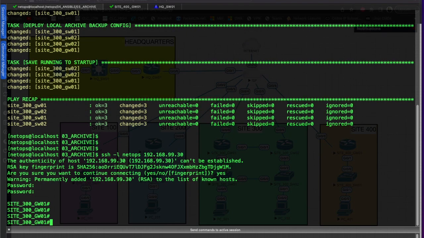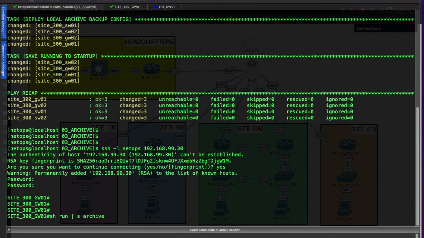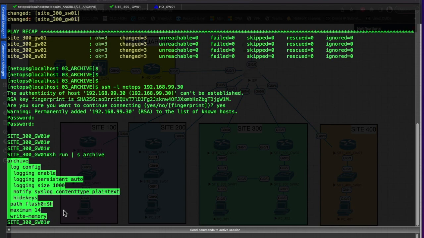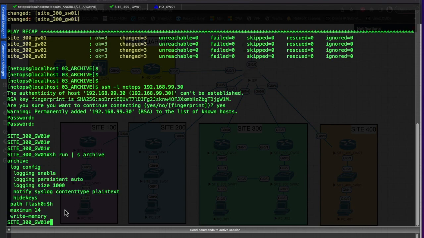There we go. If we show run pipe section archive, you'll see now we've got the archive configuration on that device. Very useful to have the archive on all of our Cisco IOS devices. Helps us maintain some continuity for disaster recovery if something happens or if there's any configuration changes that are